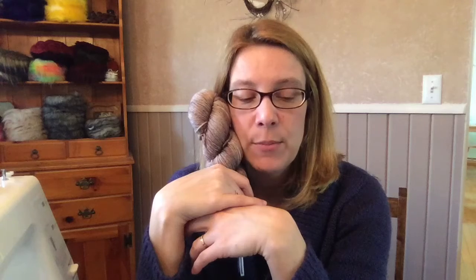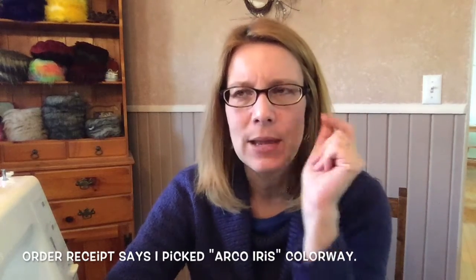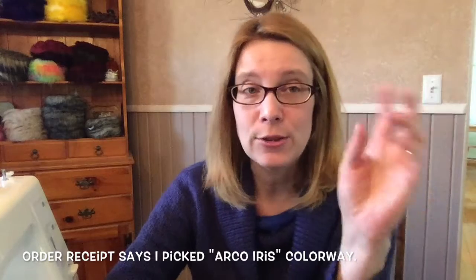And then I ordered a crazy variegated skein, and I actually can't remember which colorway I picked, because I was looking at maybe 4 different ones, and I kept looking at them. Then I went on Ravelry and looked at some projects made from each of those to see the wide variation in color for each colorway. So I did decide on one of them, but the reason is because, so this Branches and Buds pullover,